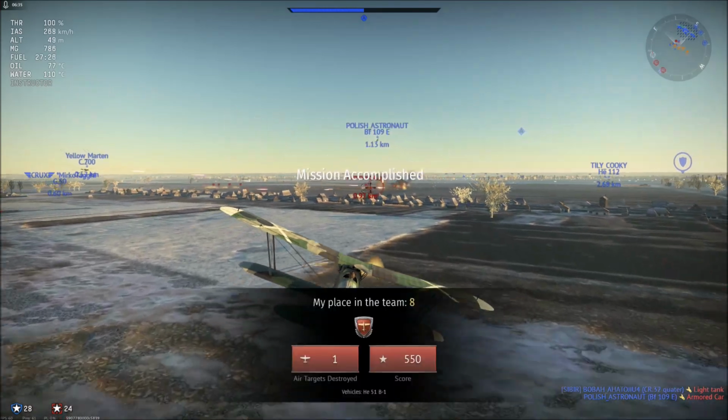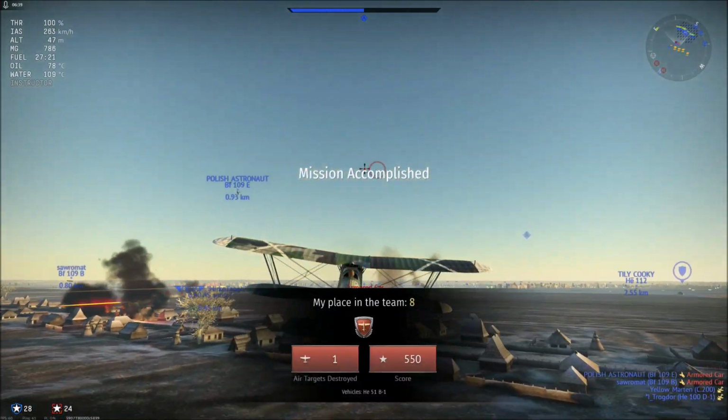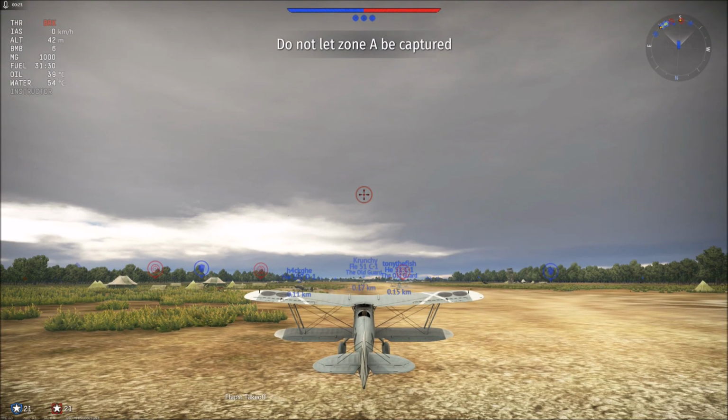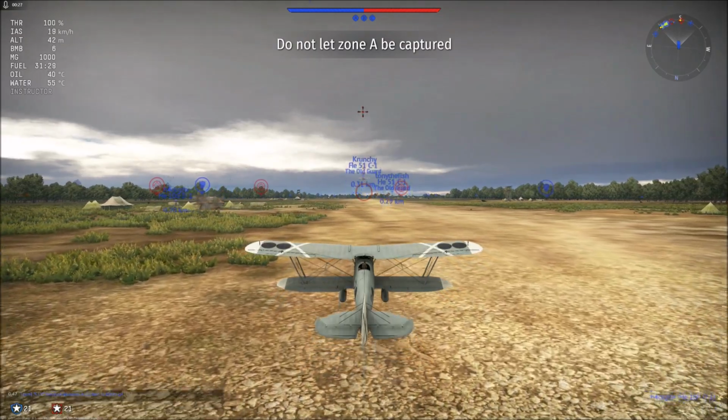Avoid the trees. And that's it, that's the battle over. Well, we got a kill in that. Next battle, we're in the HE-51C one. And that guy wants to go and